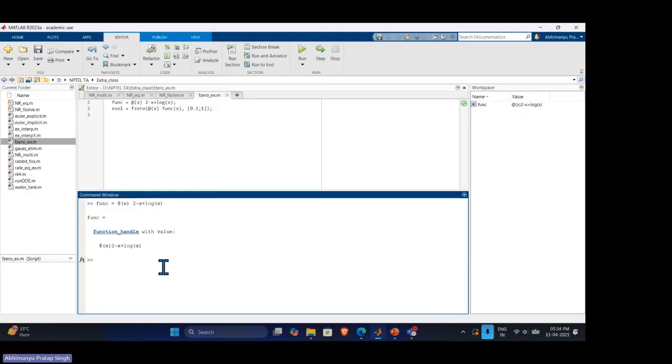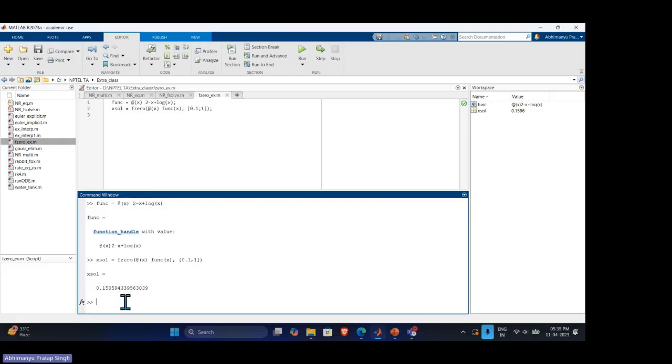That's our function handle, and then we just need to pass it to fzero. And we need to give the range of initial guesses, right? Between which two regions we want to check, right? So I will give like 0.1, 1, and solve this. Yeah. So we get the solution as